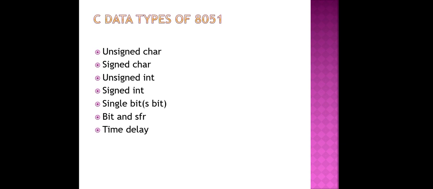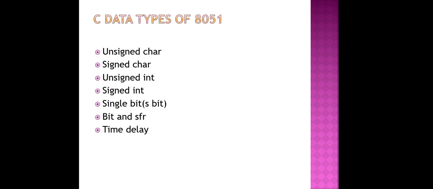It represents negative to positive values, with 7 bits for the magnitude, giving values from minus 128 to plus 127.